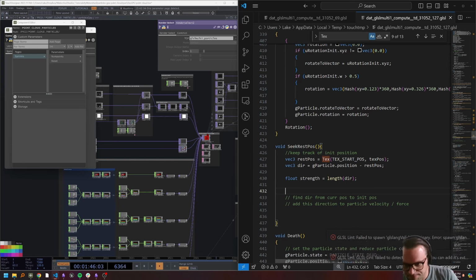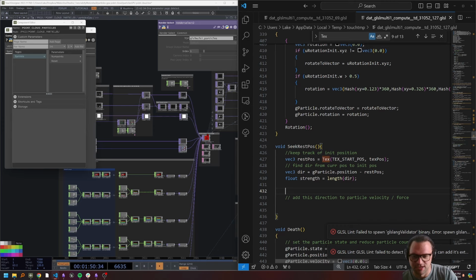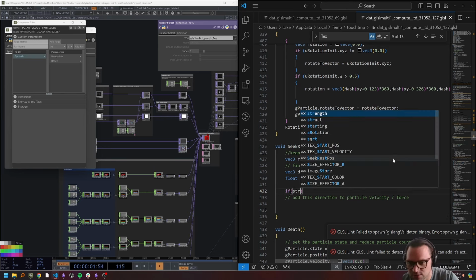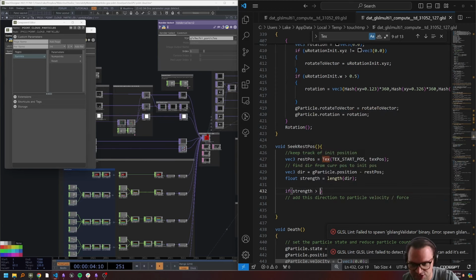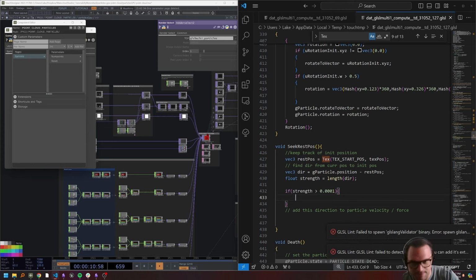Now, this will let us only apply this force if there is a strength there. The reason for that is because we want to use a little bit of normalization, which doesn't work if the length is 0. So we can say if the strength is greater than 0.001, maybe just like that, then what we want to do is set our direction equal to the normalized direction vector,